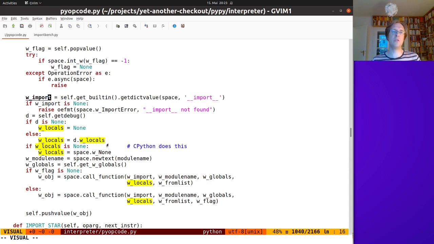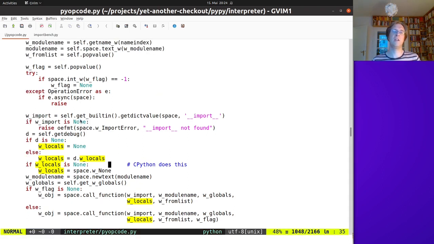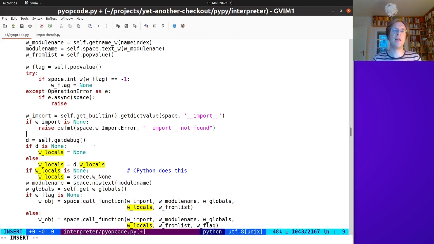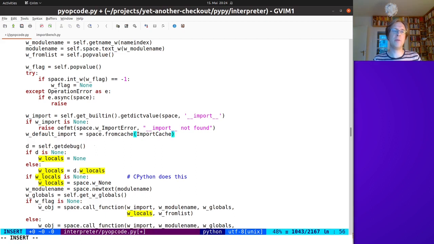What we usually do is we use some kind of cache, and caches are filled at bootstrapping time, basically. At the time when we translate stuff to C, we will fill those caches. So we would say something like, it's a bit of a weird API, but I will explain in a moment how it works. And then here we can say if we have the default import